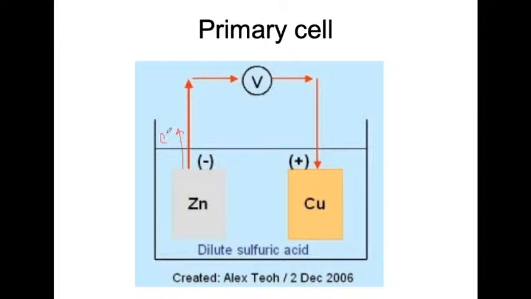So electrons will leave and they'll flow through this voltmeter, which will tell us how much electrical potential difference, or actually technically EMF there is, right? Electromotive force between the cathode and anode, and we'll get this continued flow of electrons, right? And this buildup of potential difference and a